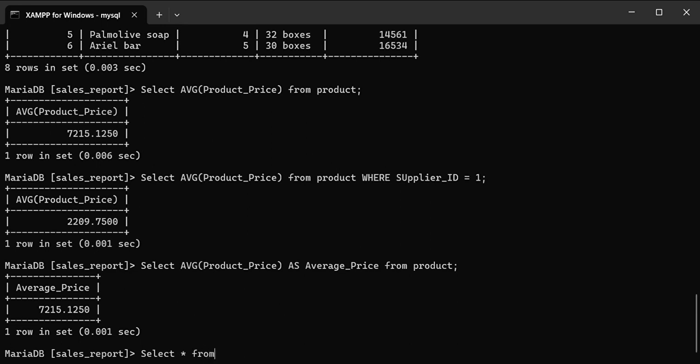Select asterisk from product where the product price is greater than, then we have to select the AVG product price from our product table.